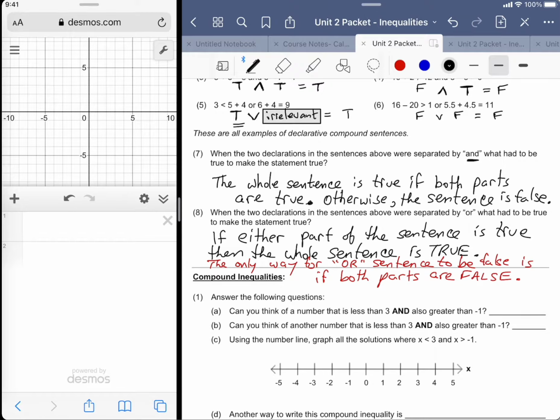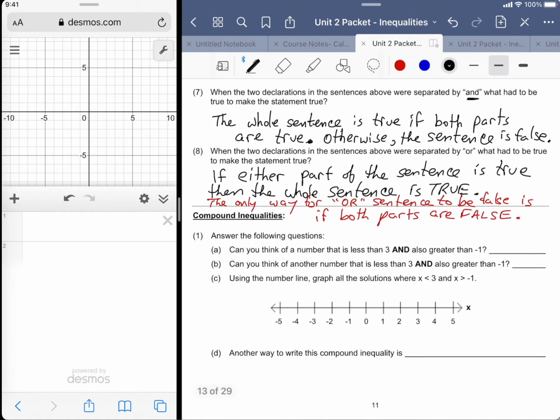All right. So that's a little crash course on logic. We'll do more of that next week. But now we have to tie this into inequalities. This only scratches the surface on logic, because we have other types of connectors, like if-then connectors. The robots are a really good way of learning about logic, and we're going to spend some time with the Sphero robots. So that's the Unit 2 project coming your way. All right. Anyway,